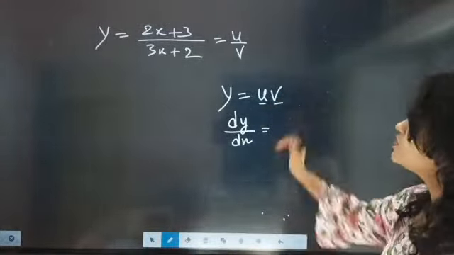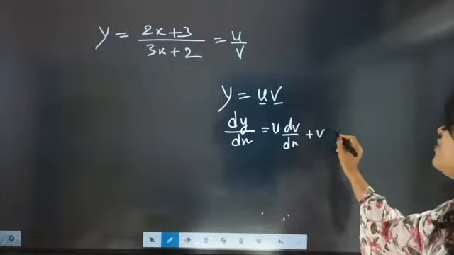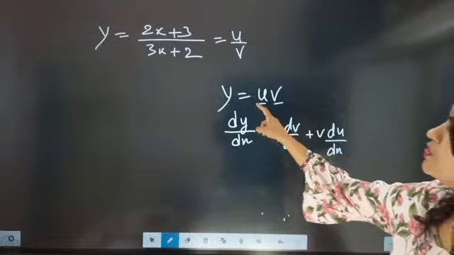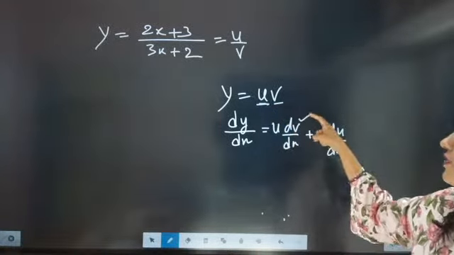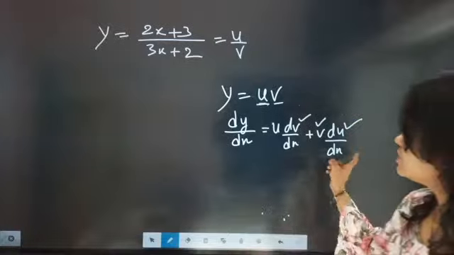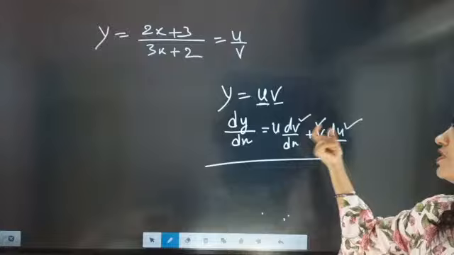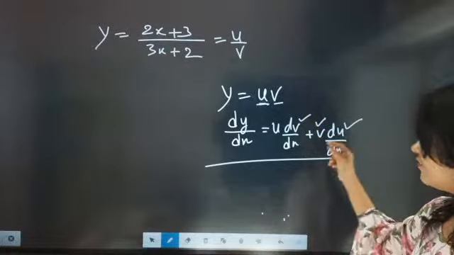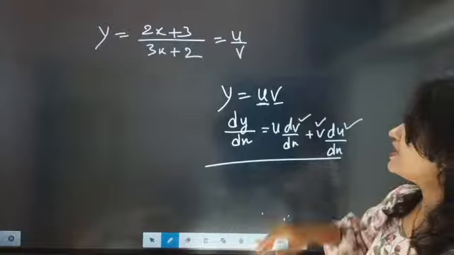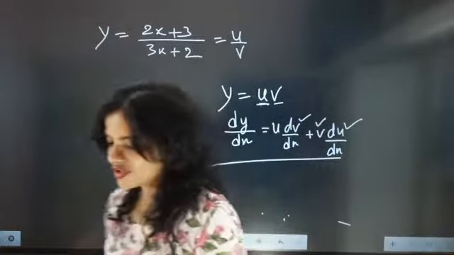So now look here. So u will be there and dv by dx will be coming. Now v will be there, du by dx will be there. So that means one time you leave u, differentiate v, one time you leave v and differentiate u. So like this you have to do. That is, one time you differentiate u, leave v, leave u, differentiate v. And if it will be u by v method,